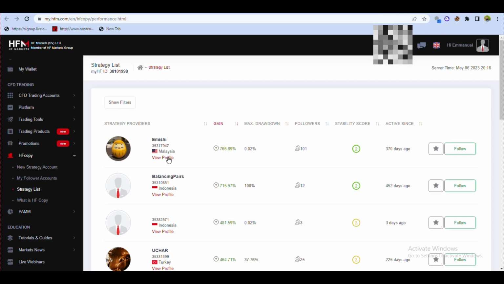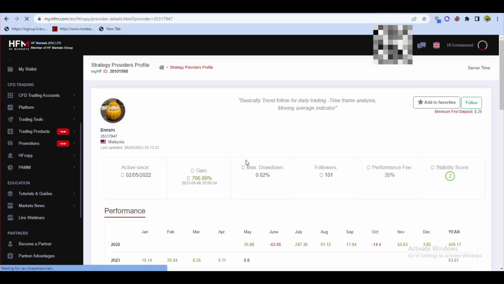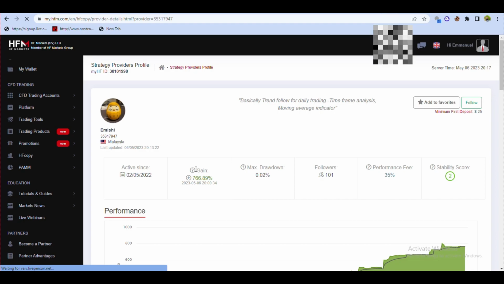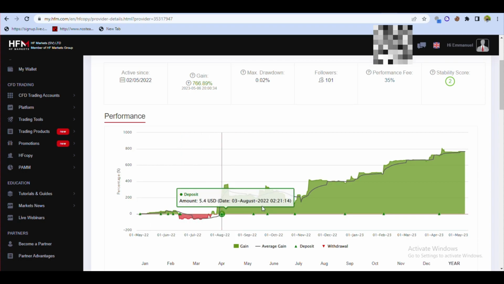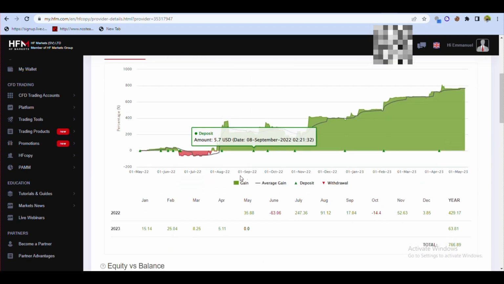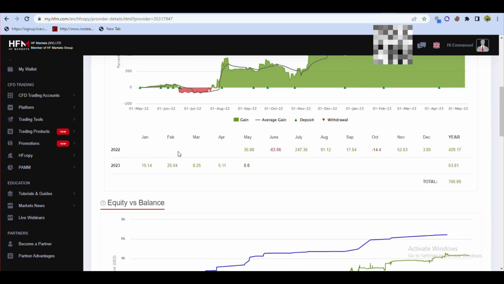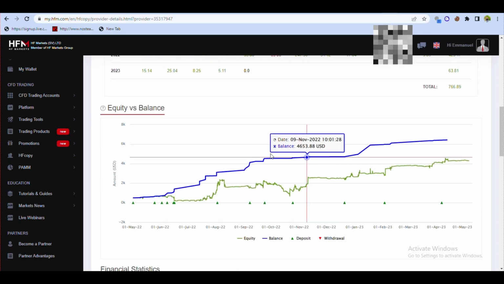Let's click view profile, and you can see his gain is 766%. So this is a profitable trader. His performance fee is 35%, so the percentage of your profits that he's going to be getting from your trades is 35%. If you come all the way down, you'd see his performance, and you see that he has been doing good, he's been scaling. This is how you would find a good person to follow and become profitable with the